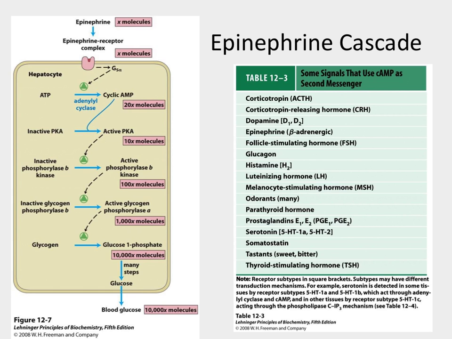Remember the 3 main things that they have. You have to have an external signal that binds to a membrane-bound protein. You have to have some type of G protein. You have to elicit an internal effect, a second messenger, I should say. Okay, then I'm going to go ahead